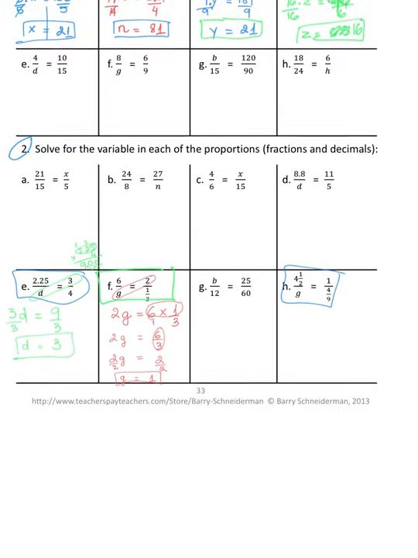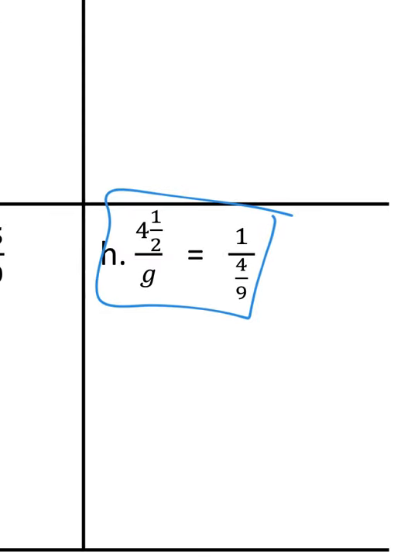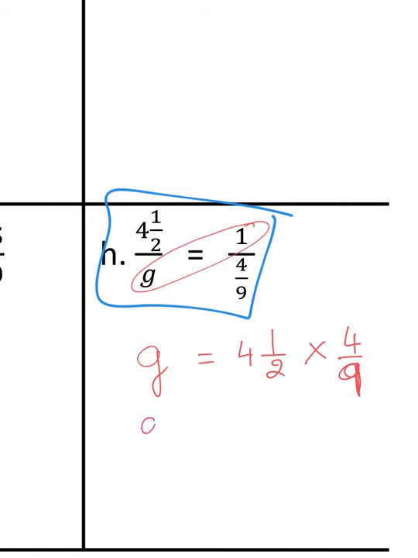I'm going to do H. And then you can finish the rest. Oh, we have a lot of fractions in this problem. Okay, so we have 4.5 over G equivalent to 1 over 4 over 9. So G times 1, which is just G, right? 1G. And then 4.5 times 4 over 9, okay? G will be